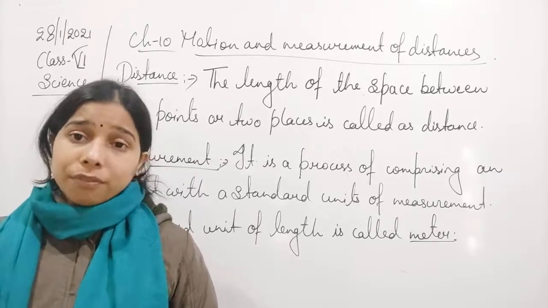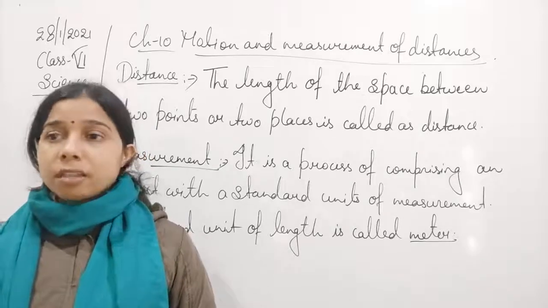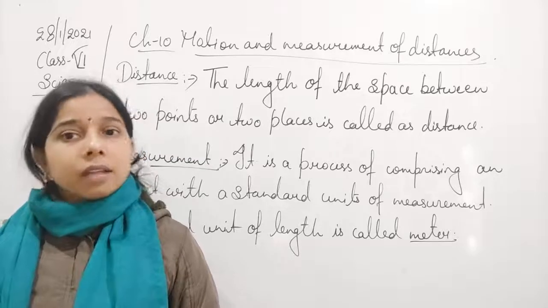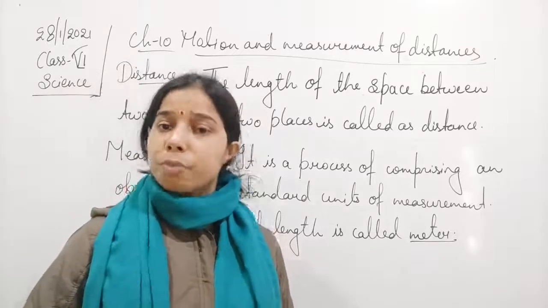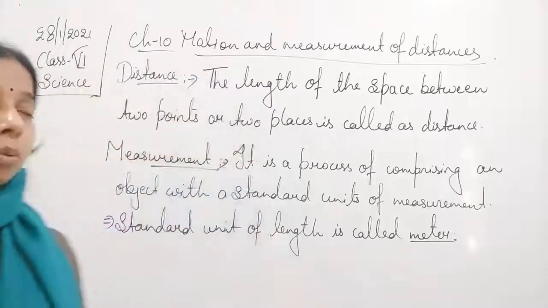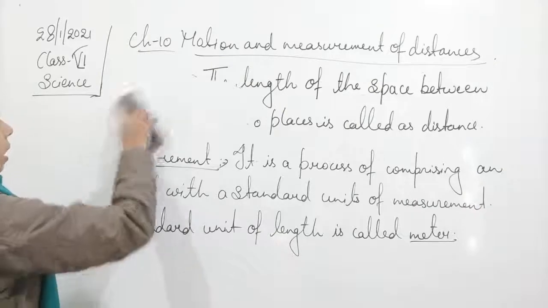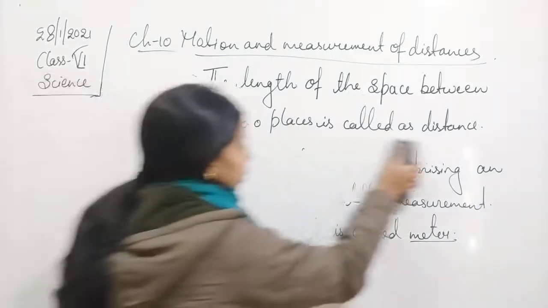Such a unit which is common and constant throughout the places is called the standard unit. And since we use it for measuring anything, we call it the standard unit of measurement. So if the question is asked why there is a need of a standard unit,